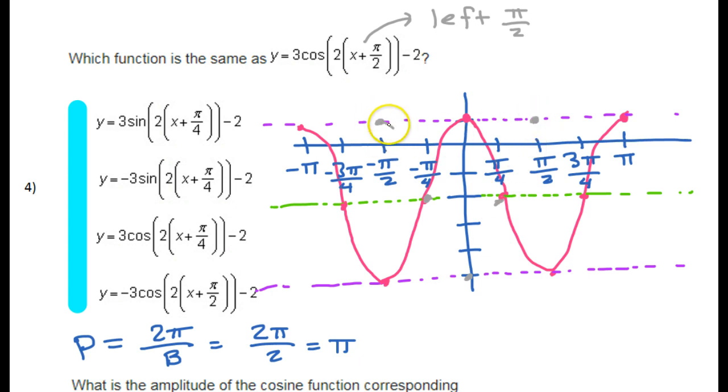All right, so this gray graph is what you would get if you shifted to the left by pi over 2. And I could keep it going. Let me see if that's enough. I think I will stretch it out just a little bit more. So if I kept going, it would fall to the midline and then go down. So if I just kept following the cosine pattern,